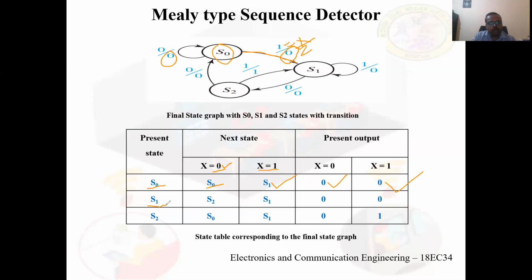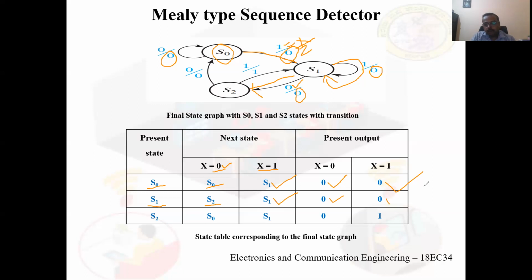Similarly for S1, now the present state is S1 and the input received is 0, it will go to the state S2 here, so that we have an S2 state here, right? The output for this one is 0. We have 0 here. Now, when it is in present state S1 and the input received is 1 here, the next state is also equal to S1 state, and the output is what we have here